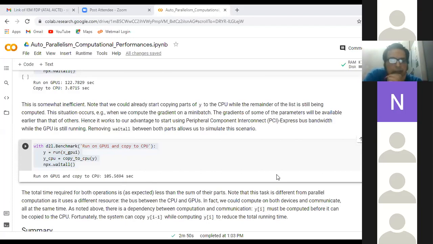Okay, fine. So I believe now all of you are getting the idea of how to optimize your code, by running them together with GPU1 and copy to CPU, rather than running them separately and using npx.wait_all multiple times. The less you use it, the better will be your code, and the better optimization you will get. And here the Peripheral Component Interconnect PCI Express bus is playing a very significant role. So in general, whatever we have discussed so far,